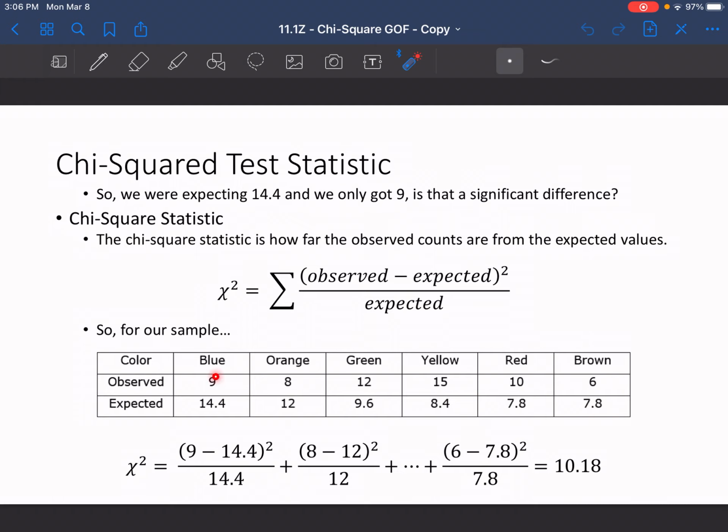And so we would take 9 minus 14.4, square that, and divide it by 14.4, plus 8 minus 12 squared divided by 12, plus 12 minus 9.6 squared divided by 9.6, plus 15 minus 8.4 squared divided by 8.4, plus 10 minus 7.8 squared divided by 7.8, plus 6 minus 7.8 squared divided by 7.8. And so if we were to add all of those values up, we would get a chi-squared value of 10.18